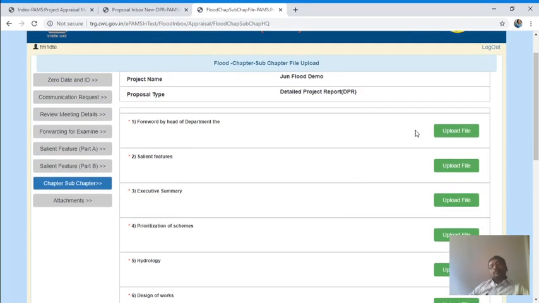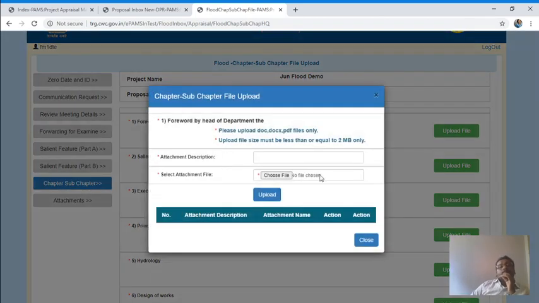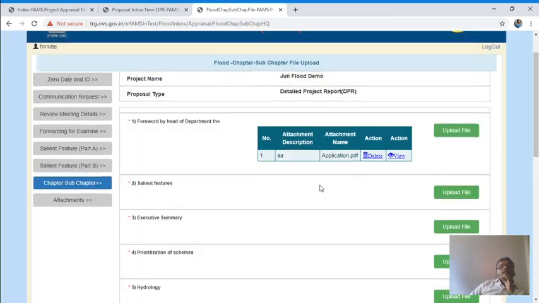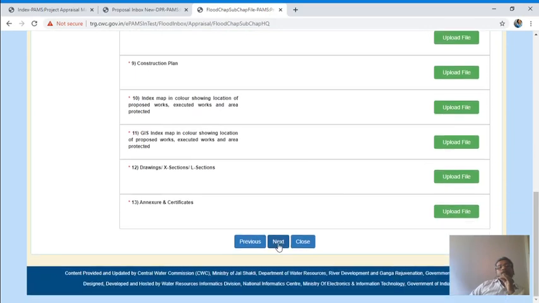Now the chapter wise attachment. Whatever chapter is finalized with your department should be uploaded here, because this chapter will be used for further reference. If you search after 10 years, this chapter will be visible as a finalized chapter. You will have to fill all the things. For the demo, I am leaving it here.